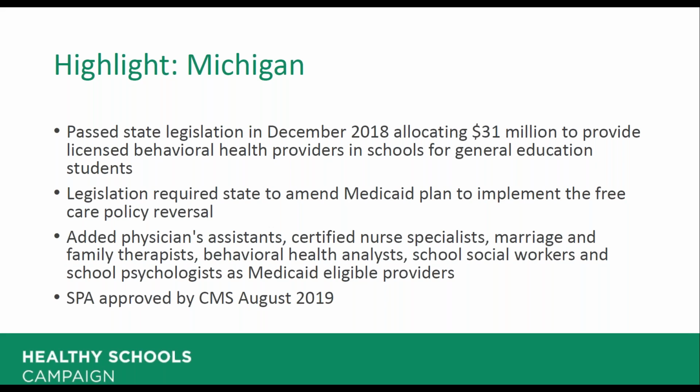And then they also, as I've mentioned, added a host of additional providers. This change will be implemented in October. So these providers were not previously able to bill Medicaid for eligible services delivered to Medicaid-enrolled kids in schools, and now they will be able to. So, in line with the focus around expanding access to mental health services, they saw this as an opportunity to look at who was delivering services within schools that was not currently able to bill, and then change that via the state Medicaid plan. And they just had that approved in August.